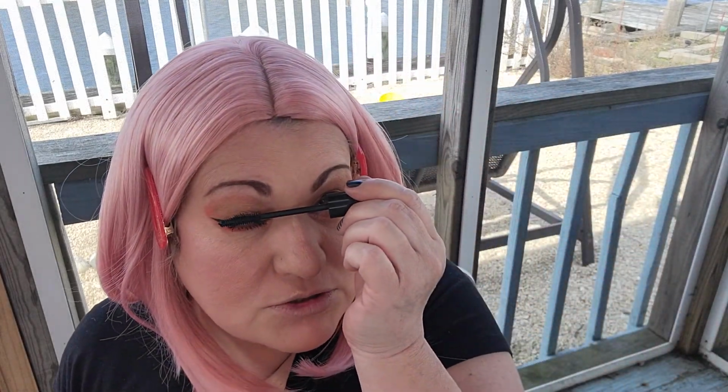There we go. I am doing my bottom lashes today. I normally, well, I guess it's a 50-50 shot. Sometimes I do, sometimes I don't. I'm going to let my mascara dry just a little bit. You don't want it to dry all the way because then it just gets hard and you can't put another coat on there. So there's like this small window